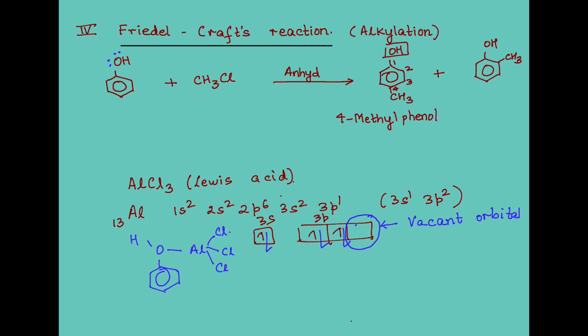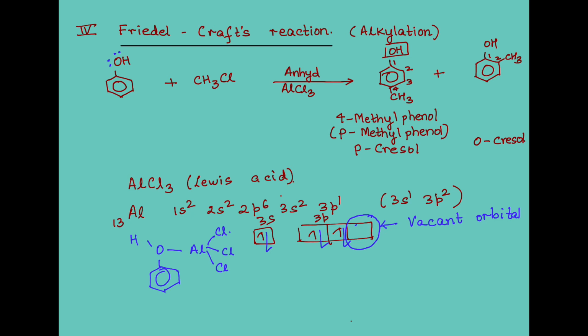Go ahead. So 1, 2. Well done. 2-methyl phenol. What will be the alternative name for this? Para-methyl phenol, right? In fact, this product is also known as paracresol in the common system. So what will be the name of the other product? Orthocresol, right?